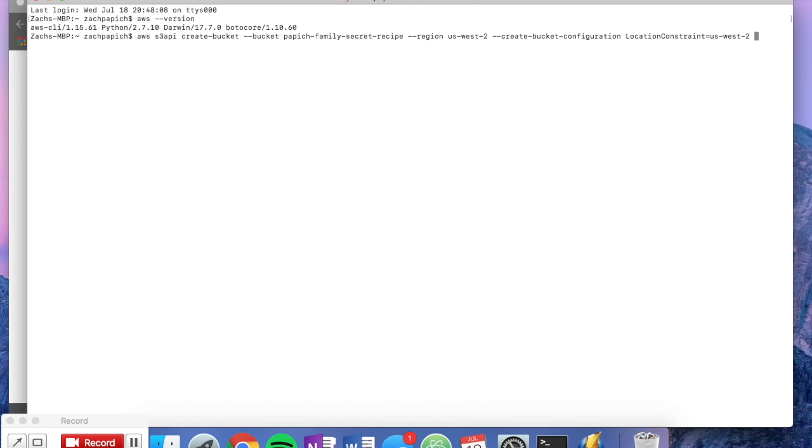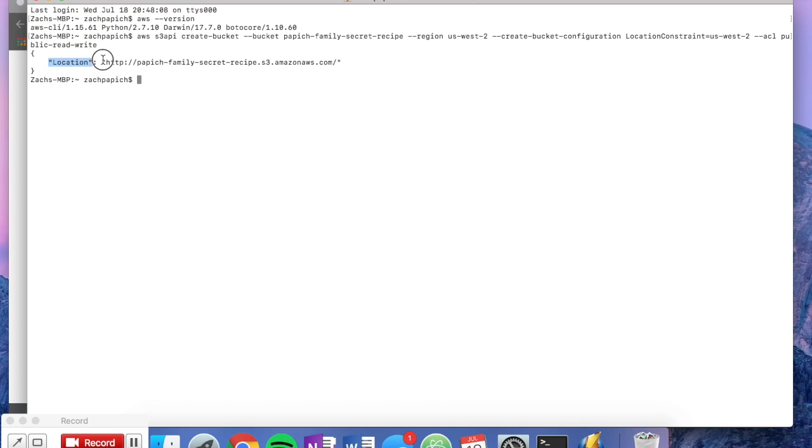I'll show you real quick how to set up permissions on it so that you can decide who can see and add and edit the files you have in your bucket. The way we do that is through this ACL command right here. We're going to make this particular bucket public so that our family members can get in and add pictures or files or whatever they want to it. So the way we do that is we type in public-read-write. And so if we hit enter here,